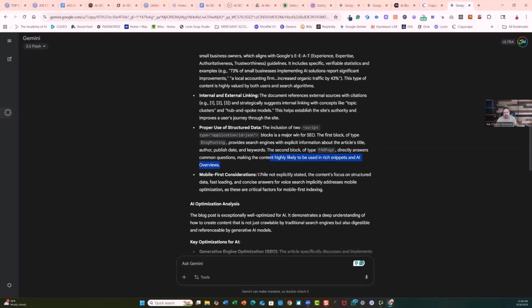Mobile first considerations, while not explicitly stated, so it doesn't state it, but the content focuses on structured data, fast loading, and concise answers for voice search. People use voice on their phones, okay? So keywords are changing. When you write in a keyword like hardwood floor refinishing company near me, you might write that.